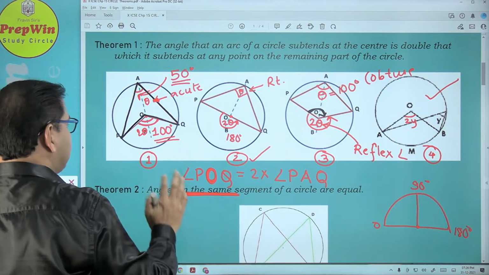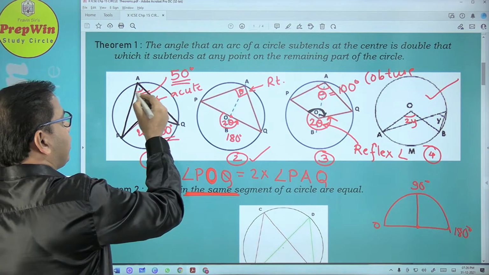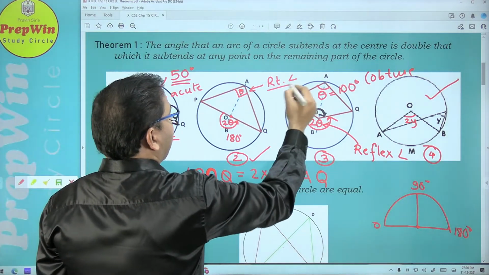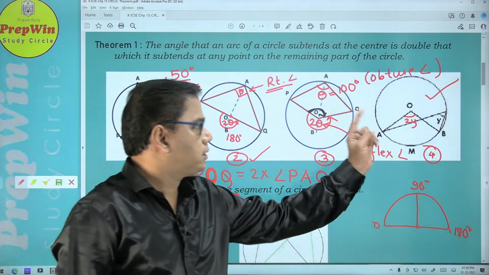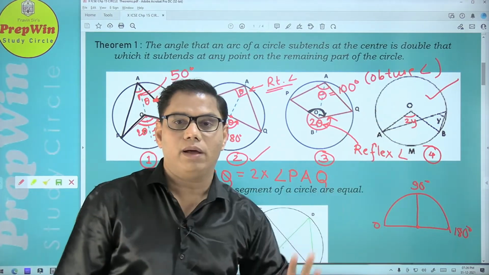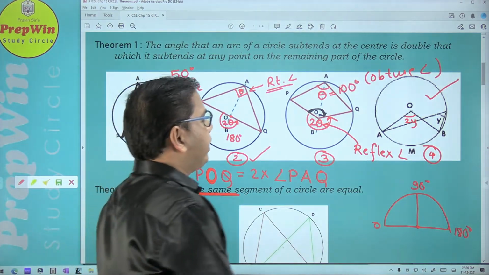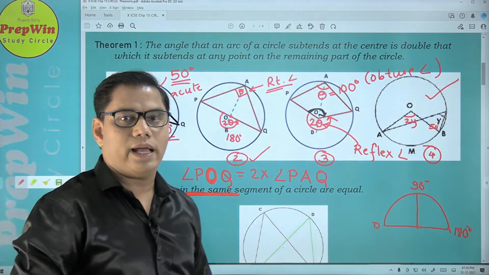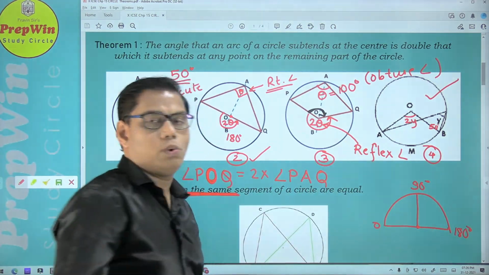So generally this theorem is shown in these 3 cases: when angle on a circumference or angle on a circle is either an acute angle or a right angle or an obtuse angle. Okay, these 3 cases, but specially I have given this 4th case so that you understand that theorem is applicable here also. You don't go wrong when you are solving question related to this. देखकर ऐसा नहीं लगता है कि ये अगर 50 है तो ये 100 होगा, but actually when you draw this diagram, if you do a geometrical construction, you will see that it is definitely true over here also.